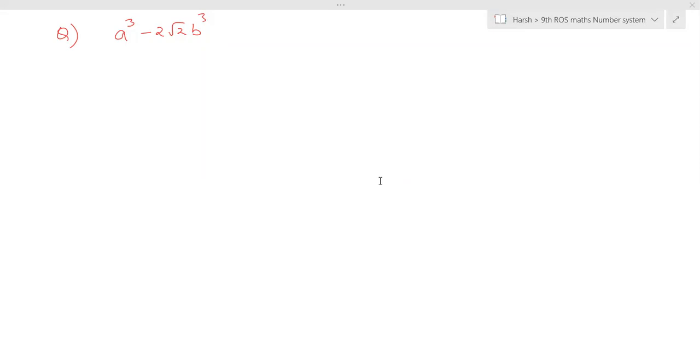So, Nidhi. Take me, I'll come one by one. I still have not got the right answer. So let me come. Lohit, you have not raised your hand, but sir, I have a doubt. Okay, you have a doubt. I'll take your doubt. Wait. Let me finalize this question. Nidhi, a minus 2 under root 2b into a square plus 2 under root 2ab minus 8b square.